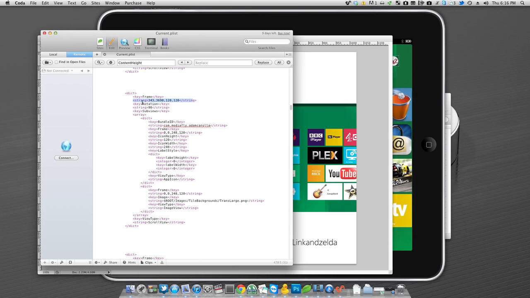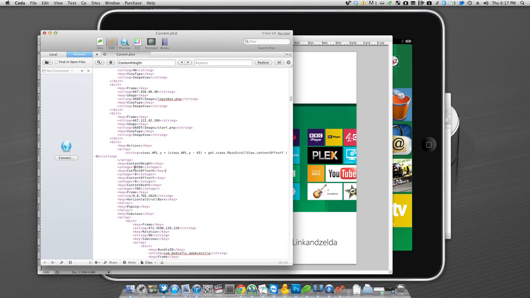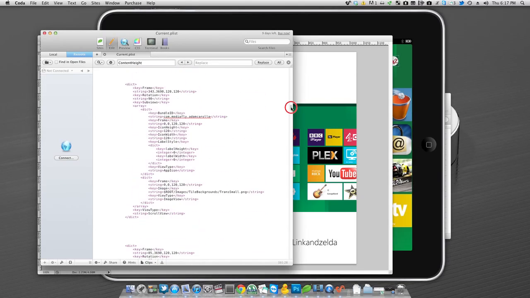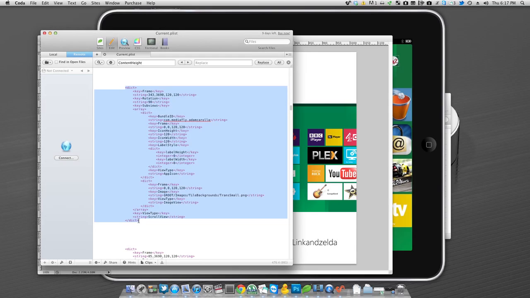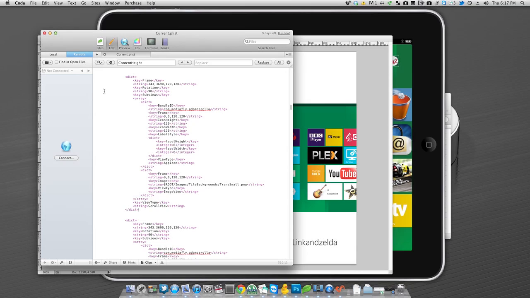So let's recap here. These are the position coordinates, where your app's going to show up, your app, and then your icon dimensions. My icon is just a regular square tile, so I'm going to set this back to 120 by 120 and change this back into small. Now if you wanted to add more spaces for icons, you would change your content height to make it wider to have more space for your icons, and then you would just copy this whole thing, paste, and then change the position coordinates for the